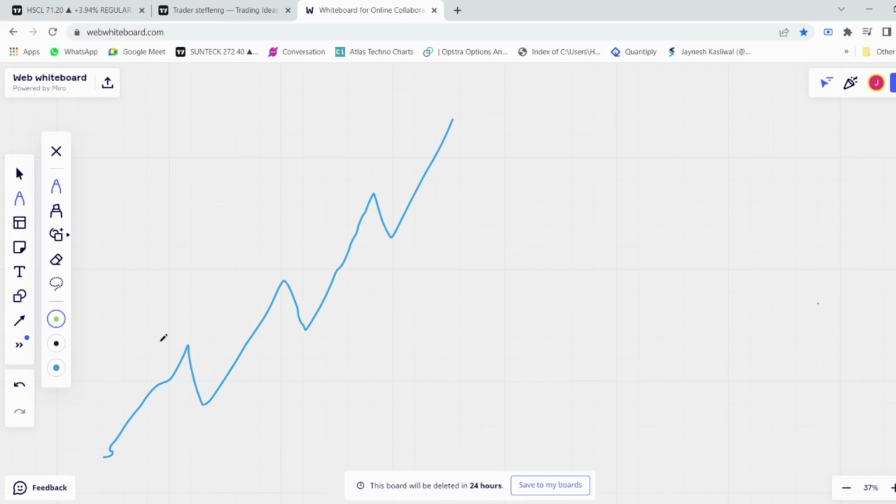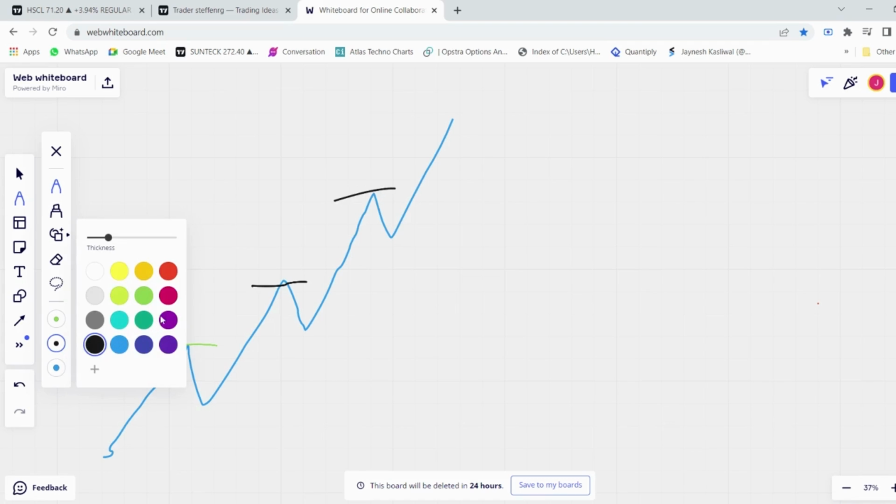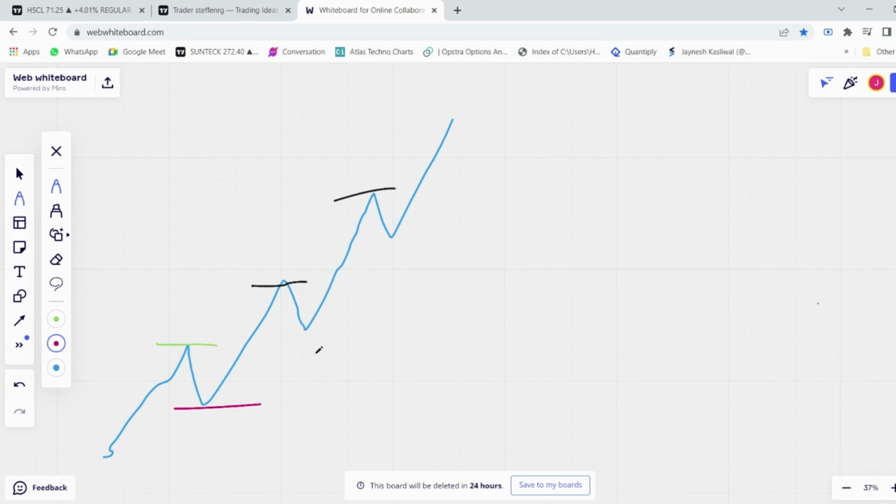So in this case, this was the initial high, right? And next time whenever the stock rallied, this became a new high, and the third time the stock rallied, this became the new high. And you will also see that the stock is shifting its lower lows on the upper side. So the lows are getting shifted on the upper side. So this is known as higher high higher low structure, HHHL structure.